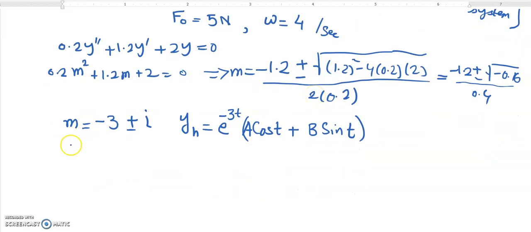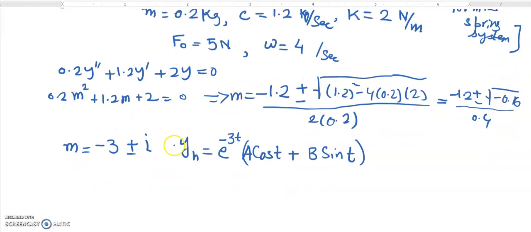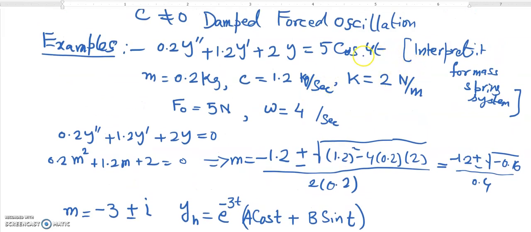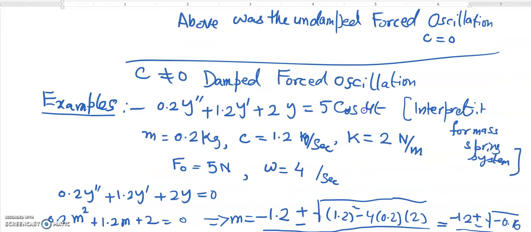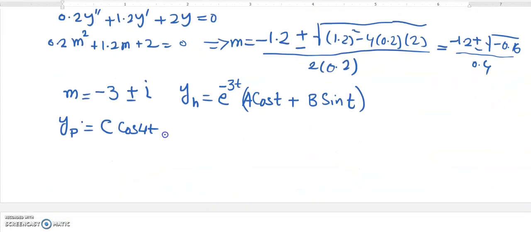For the particular solution, because the term over here is cosine of 4t and it is not common with the homogeneous solution, we will not need to apply the modification rule. We will just stick with the basic rule. So the particular solution will be, because now we have used a and b, I can use c cosine of 4t plus